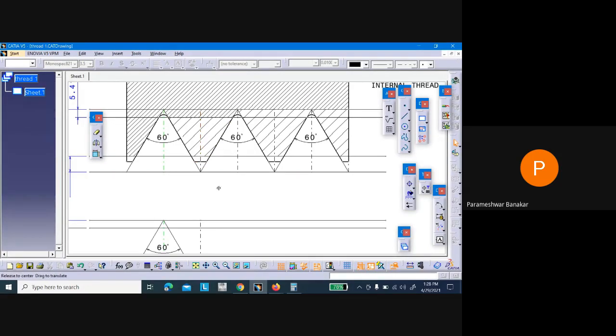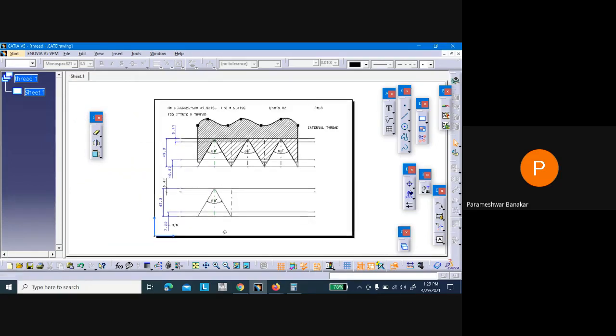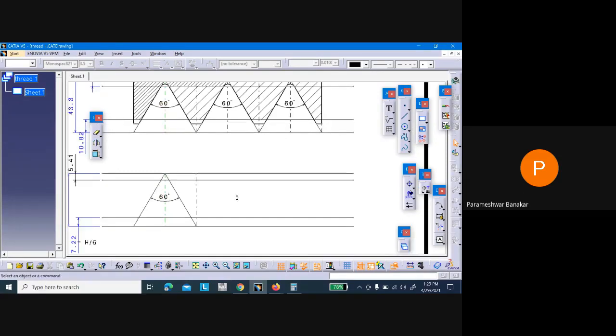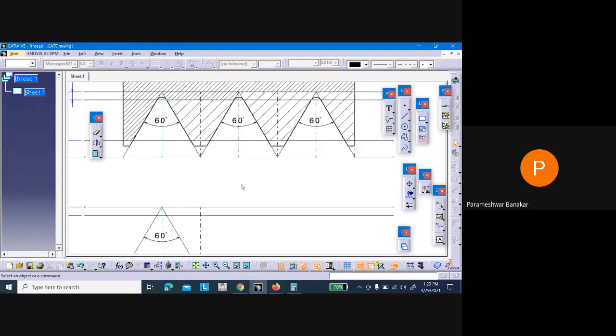But in case of external thread, it will be the opposite. The root will be curve and crest will be flat. So that between this root arc and flat surface, there will be a clearance so that it will not jam. Now how to create this? There we have done one perpendicular line and drawn a curve here.